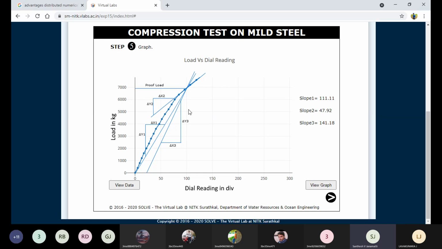Too much curve, then we can apply the tangent method. You have already discussed all three slopes; they show you the slope values, right? But for mild steel in our laboratory, we are using wood, mild steel and cast iron, so there is no need for these kinds of calculations. But this is for higher level education. At NIT and IIT they do all these things, but according to the VTU syllabus,